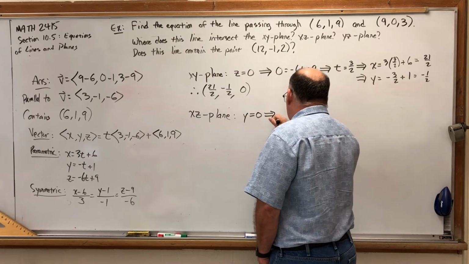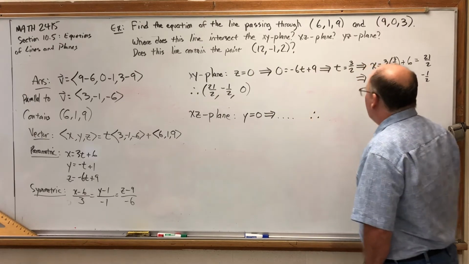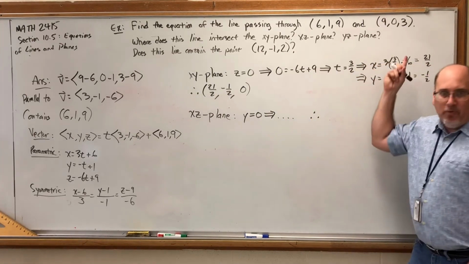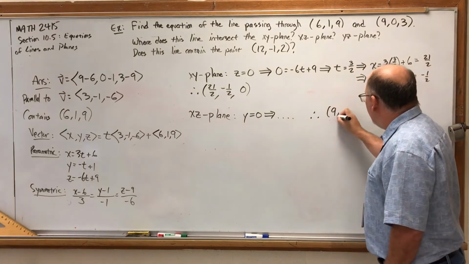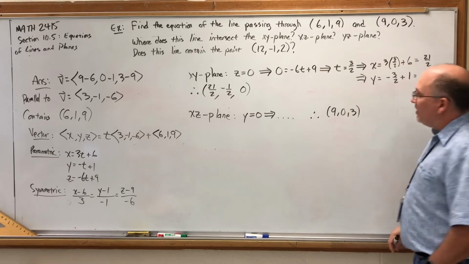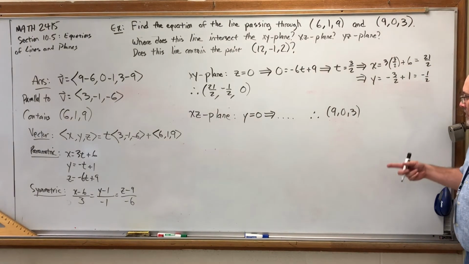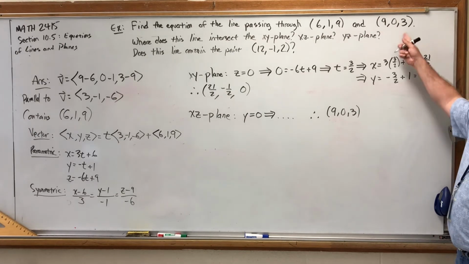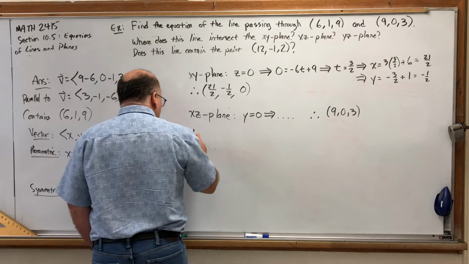And then if you did all of your chain of implications, eventually you would draw the conclusion, oh, wait a second, this is a point where y equals 0. You should end up with 3, 9, 0, 3. I strongly recommend, though, that you follow the same train of thought that we did on this one and arrive at this point. For the yz plane,